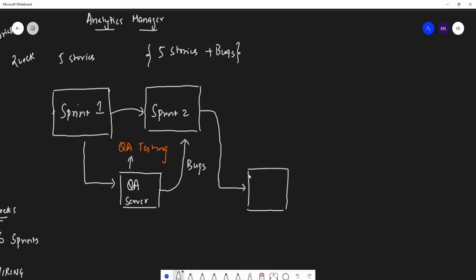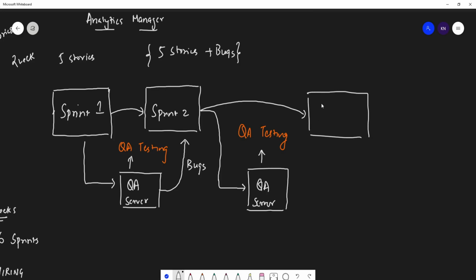Bugs will be sent, but in between you will see that the stories, as and when they are completed, are moved to the QA server so that the QA team will be able to do the testing, right? Now when the developer goes to the next sprint, sprint 3, again this entire process goes on.